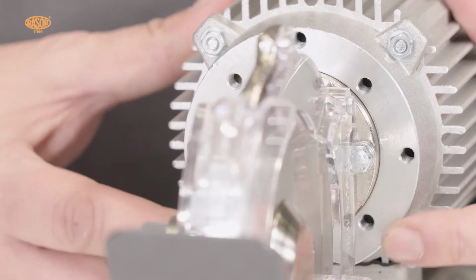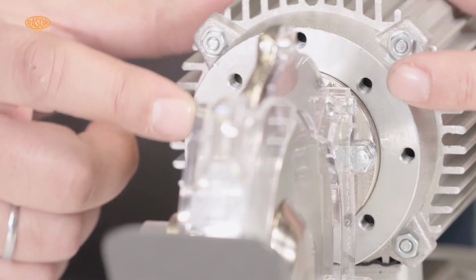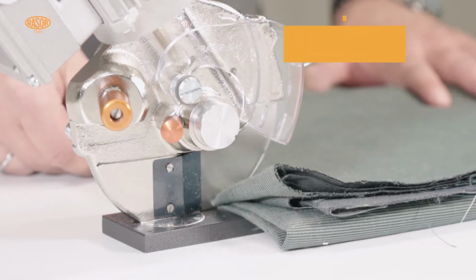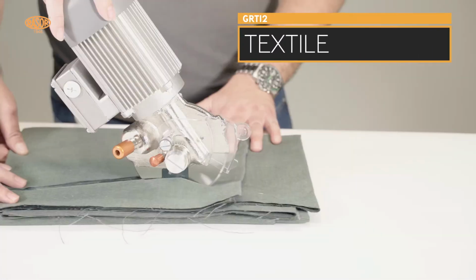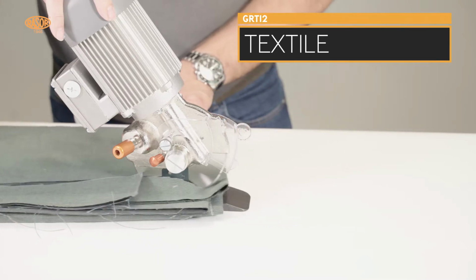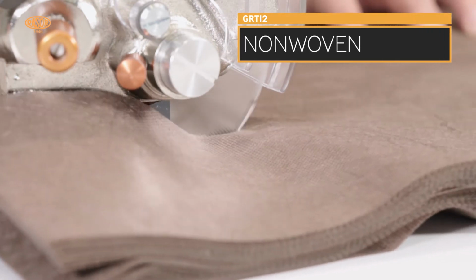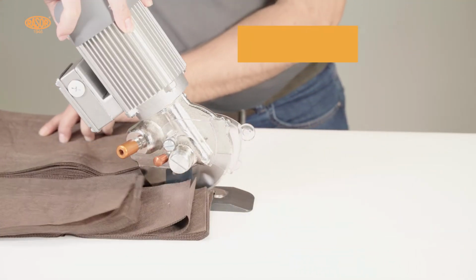The GRT12 is arranged with an anchor flange to be easily adjusted on fixed or automated hanger for O.E.M. industrial applications. A heavy-duty 3-phase industrial motor in combination with extra strong steel brass gears warrants low maintenance and long durability. This cutting unit does not need any maintenance, so it can be easily used during the production process 24 hours